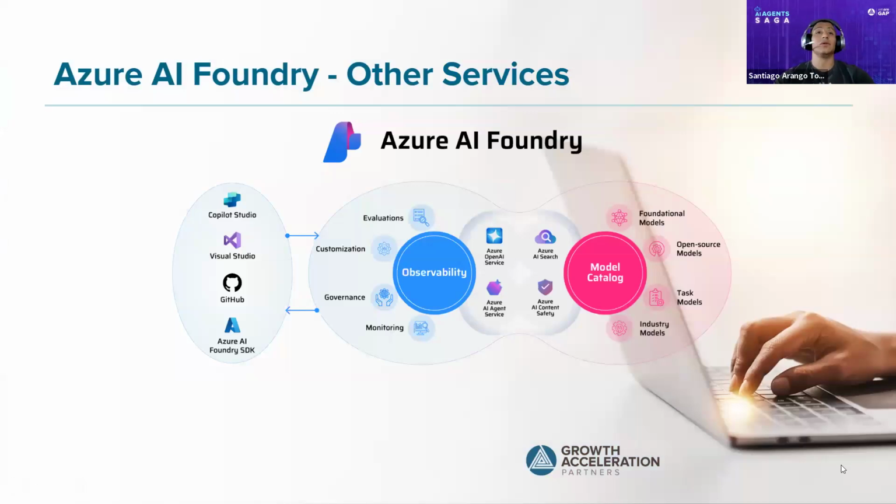Now, one of the good things that we can extend from the Foundry, and when we speak about models too, is the capability to integrate things not only with Azure services, but also extended services from other providers that are present in the Azure ecosystem too. For example, mostly everything that you see on the OpenAI service directly on their platform will be available on the Azure side. Vector stores, document chunking, vectorization,